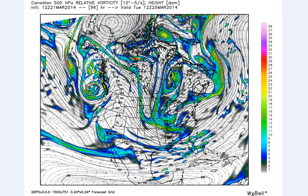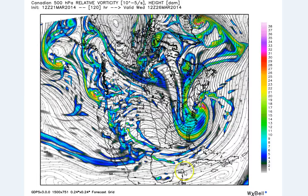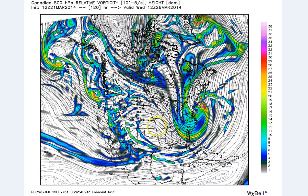And you can see that going back here. Here it is originally at Tuesday morning. Tuesday evening, it's starting to string out. Wednesday morning, it's really strung out. And if the ridge indeed is sharper and more amplified and further west, then what you're going to get, instead of this being strung out like that, is a trough that's a little more west, and the energy,